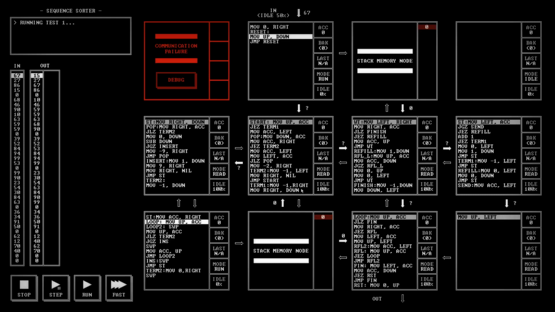So this is the only move that goes to the down. It does pull a value out. So your job is to receive the new number that goes in and send it over here. So these two nodes are what process the comparison and decide when a thing needs to be inserted. So in order to compare, you need the new number that comes in and any old number that was in the stack. So basically a number comes in here and goes over there, sits in here, or in here actually,